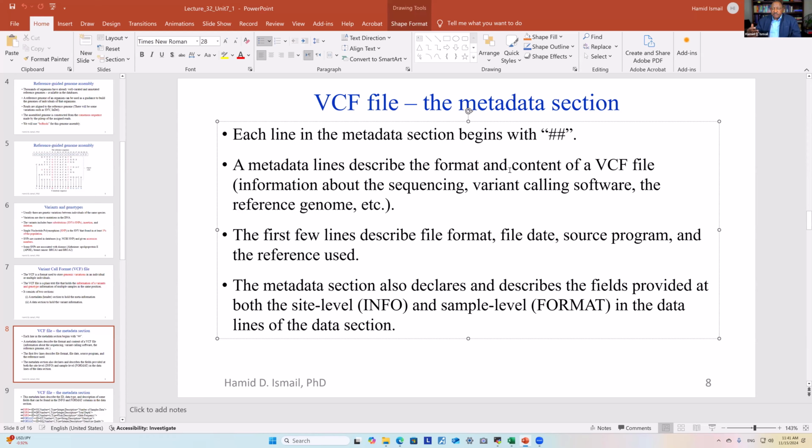We are using HG38, but there are also HG19, HG18, and so on. So they're different versions, right? This is the reference genome, and by the way, if you are doing this, always stick to the same reference genome that you are using, okay? Because, as I said, there are different